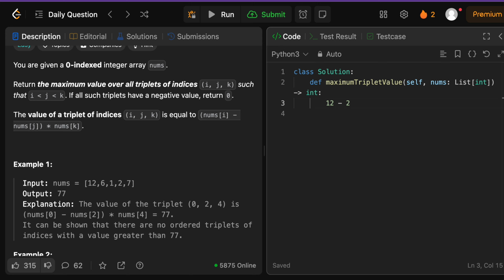The smaller the value that we subtract, the higher our value is going to be. And any value being multiplied by a larger amount is going to give us a larger result. And so we always want to have the largest difference being multiplied by the largest nums at k value to get the largest value. Hence the reason why we want to minimize the actual value that we're subtracting from nums at i, to get the largest difference, nums at i minus nums at j,